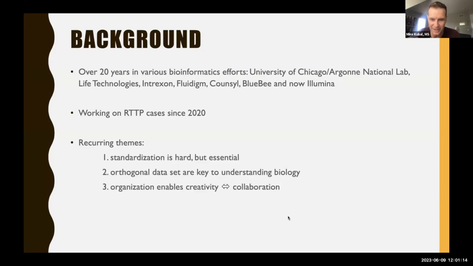Orthogonal data sets are key to understanding biology. You need the RNA, you need the DNA, and the longitudinal context is so important, as you saw with what Marvin was presenting there. We have a tendency to just look at a single snapshot and have a single assay or a single test and try to figure out what's going on, but you need that context to get the signal out of the noisiness of biology. And so even though this organization takes work and it's boring and kind of tedious,